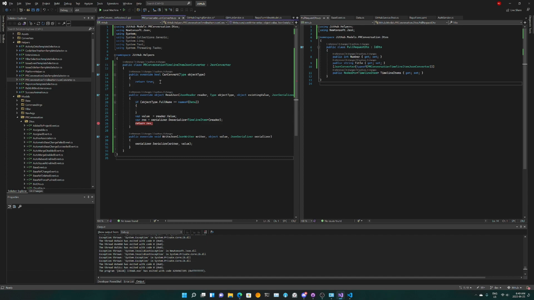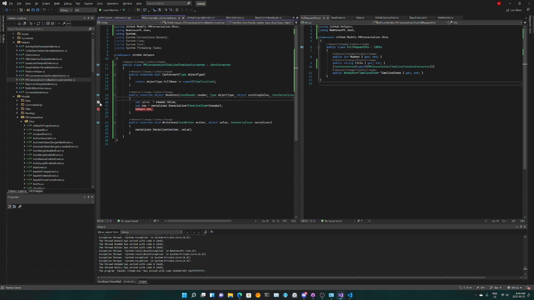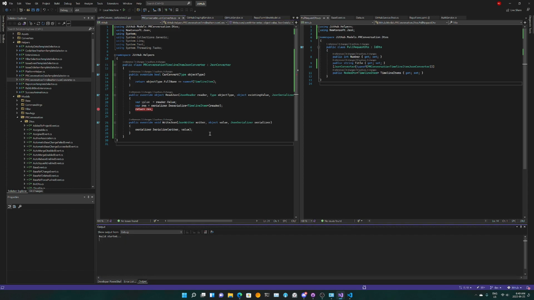And can convert, I think it only returns object type, right? Dot full name equals to name of timeline item, and this line is totally not needed at this point. So yeah, let's try it.